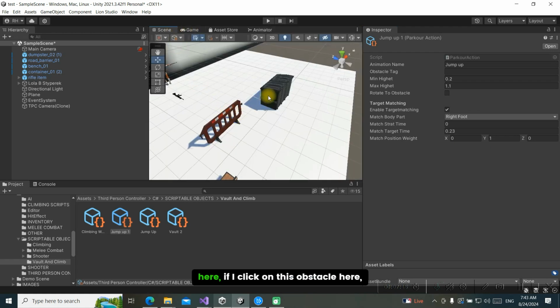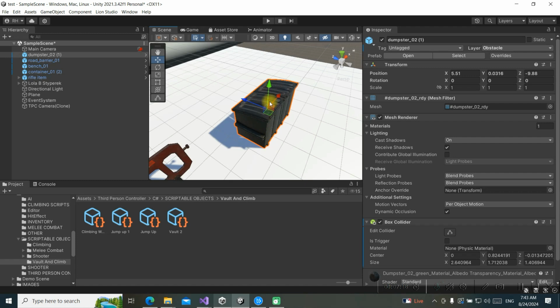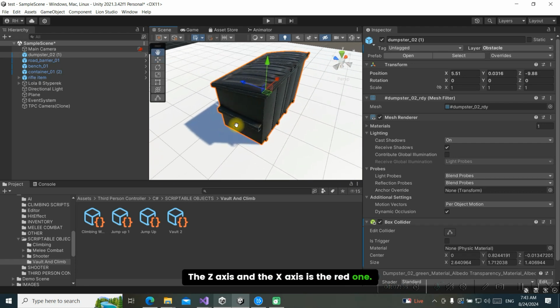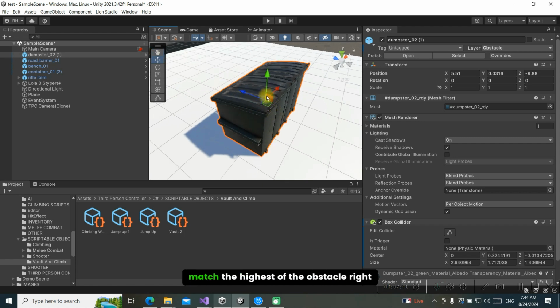So as you can see here, if I click on this obstacle, I will have the Y set up over here. So this green arrow is the highest of the obstacle. The X axis is the red one, and the Z axis is the blue one. So I want to match the highest of the obstacle right now. So let's just try with matching the highest, and after this we are going to rematch the Z axis if it's not working, or I see the player is entering this